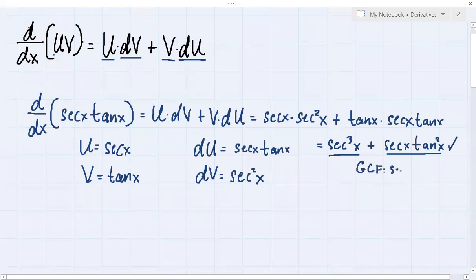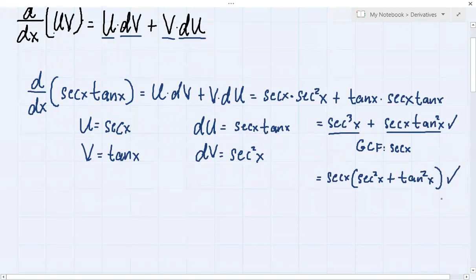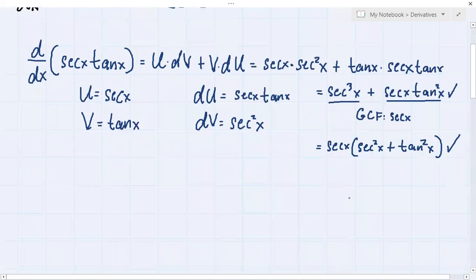Kumbaga, their GCF is secant x. So therefore, we can factor out secant x dito. So we will have secant x times 1 plus secant squared x plus tangent squared x. Ayan. So pwede na rin to as your final answer. Okay? Or if you like to